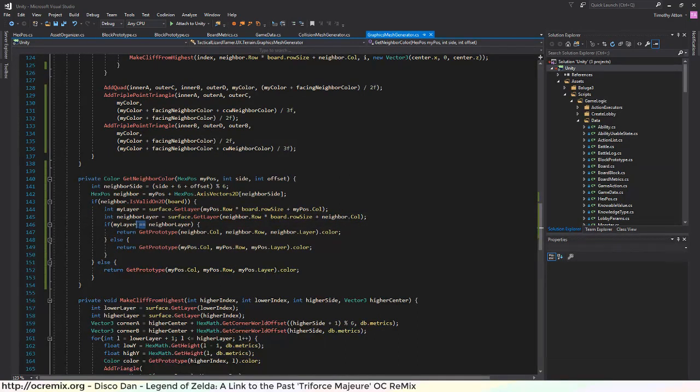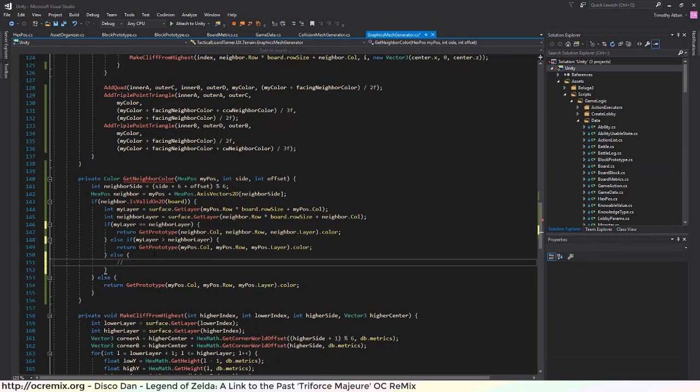Okay, so if my layer is greater than neighbor layer, here we want to get the color of